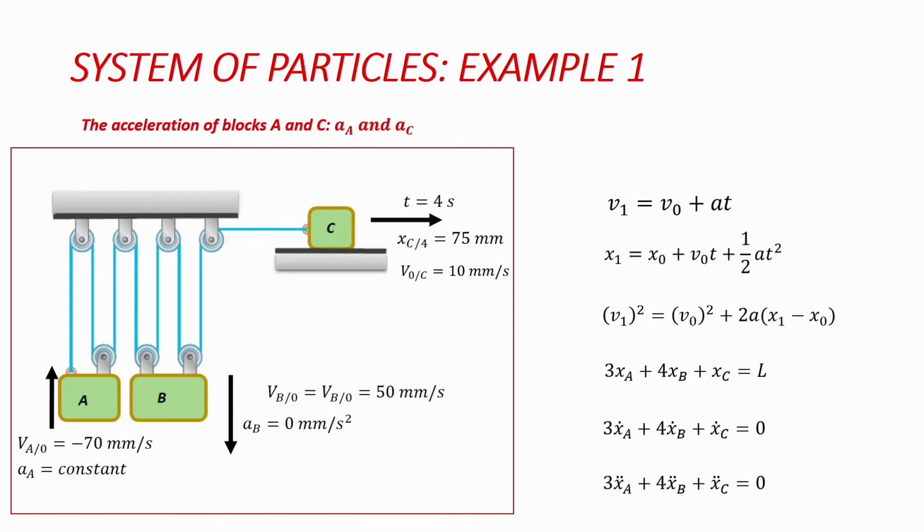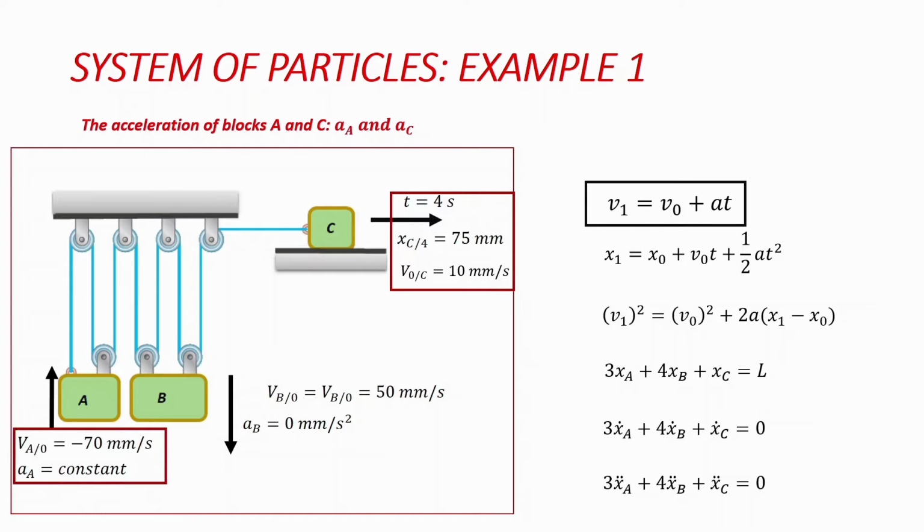So we're going to look through these equations one by one and see which one is suitable for estimating either the acceleration of block A or the acceleration of block C. If we look at this first equation, we can first and foremost look at block C. What do we have for block C? Because we are looking for the acceleration of block C as well. We have the time, we have the displacement, and we have the velocity. What we're looking for is acceleration, we have time, we don't have final velocity, so this equation may not be